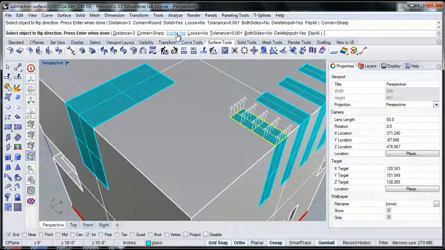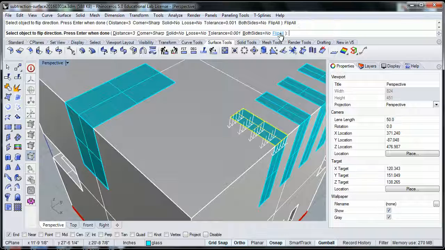Solid, we'll put no. If we put solid yes, that is going to create an extrusion. So we'll put this as no. Loose, no. Tolerance, we'll keep as that. Both sides, no. And then flip all. If we click on this, notice that the arrow swings the other way, right? And so that is all of the options that I want to change. So if I say enter,